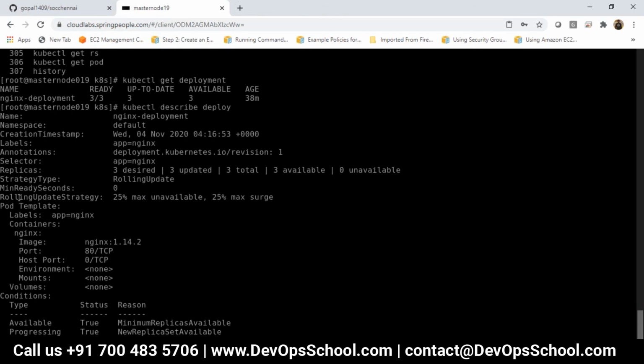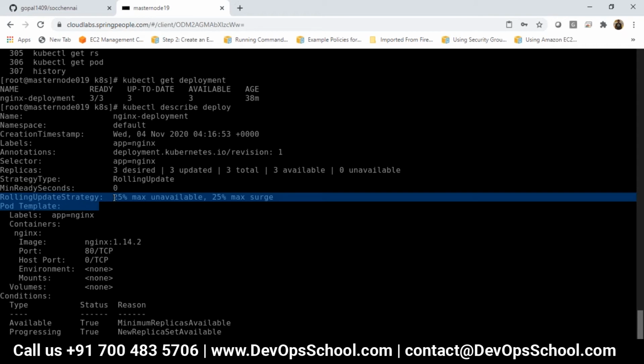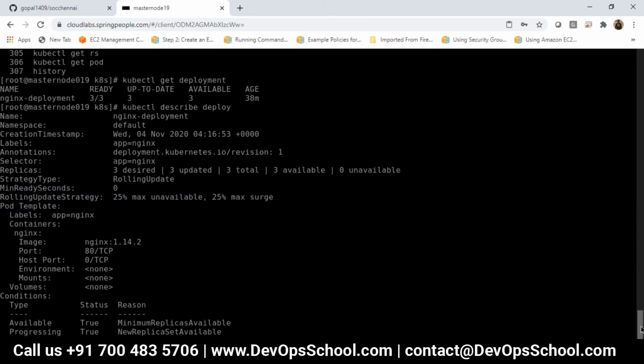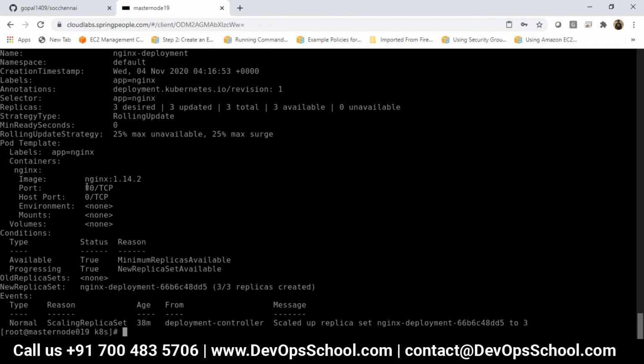What is the rolling update strategy? Here I have the default, which takes 25%, you can change it. Then which version of your Nginx image it has downloaded, which port number it is running on, and it is running. It will show you that it was updated 38 minutes ago. Now if you do kubectl get pod,